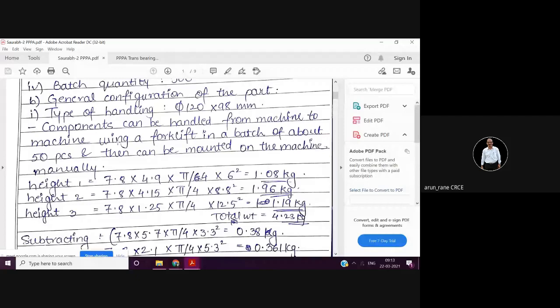So component, if it is up to 5 kg, you can load it on machine manually. That is, you can hold it in one hand, you can open your chuck and fix it up. From machine to machine, you are not going to handle only one piece. There will be many number of pieces, isn't it? So maybe 50 pieces or 100 pieces, so that you can keep it in a bin,